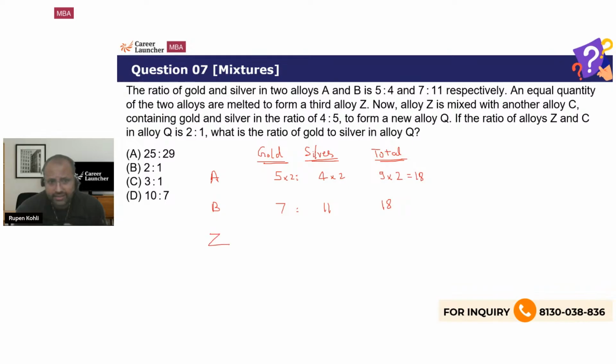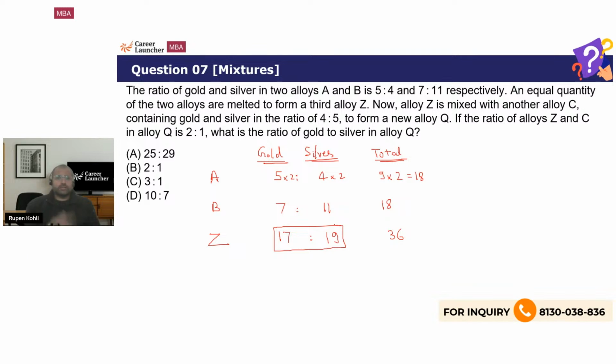So in the alloy Z, what is the total quantity? 18 and 18, 36 units, out of which 5 into 2, 10 plus 7, 17 units is my gold, and 4 into 2, 8 plus 11, 19 units is silver. 17 is to 19 is therefore the ratio of gold to silver in alloy Z. Now, next